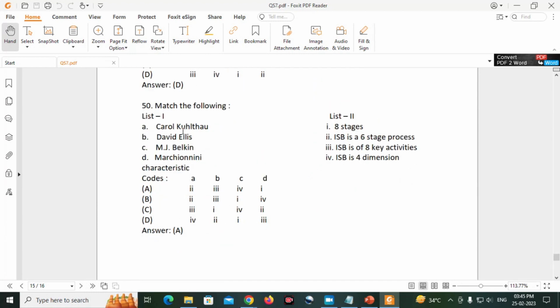List 1: Carol Kuhlthau and list 2: 8 stages. B: David Ellis, ISP is a 6-stage process. C: M.J. Belkin and list 2: ISP is of 8 key activities, and D: Marchionini, ISP is 4 dimensions, and the